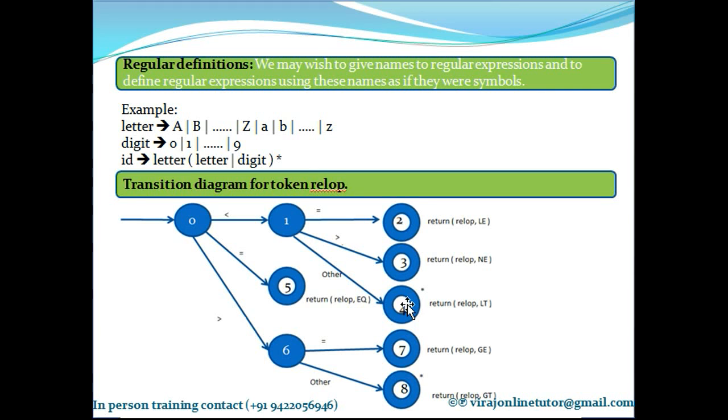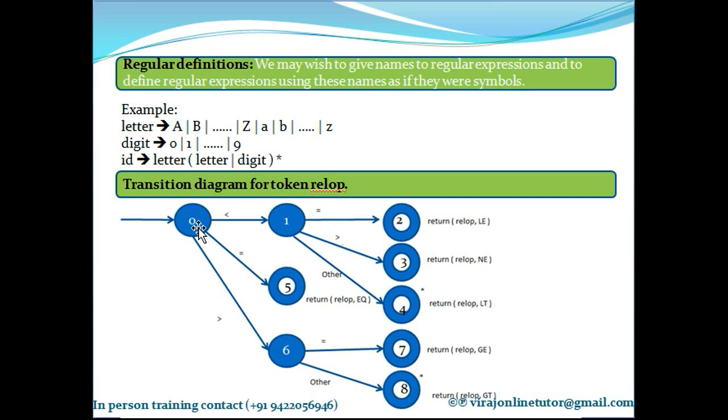That means don't consider that character as an input to this particular token. I'll give you a simple example. If someone writes A is less than B in your high level program, after I get less than, the next character following it is B, right? But I don't want that B here, because we are just returning the token for the less than sign. That's why I'm moving the pointer one location left, and that's why I have marked the asterisk. I'm returning relop as a token for the less than sign, and the attribute is LT.